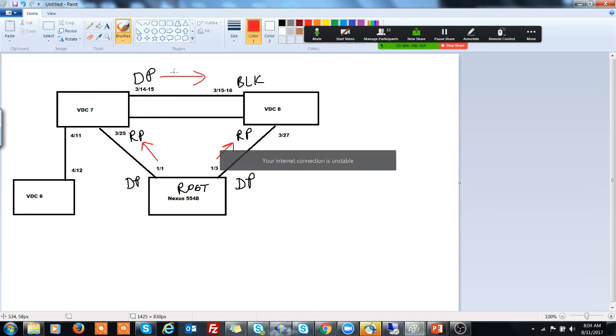But if I stop getting VDC 7's BPDU, then in that condition VDC 8 will think that VDC 7 is not connected, so I should move from blocking to DP port mode. So this is how things work out.